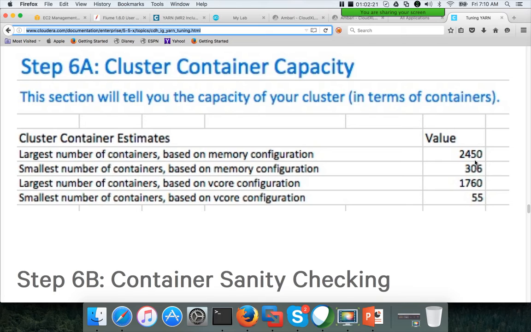For example, we have only 1760 vCores, and we cannot submit more than 1760 jobs, even though from memory perspective they can have 2450.